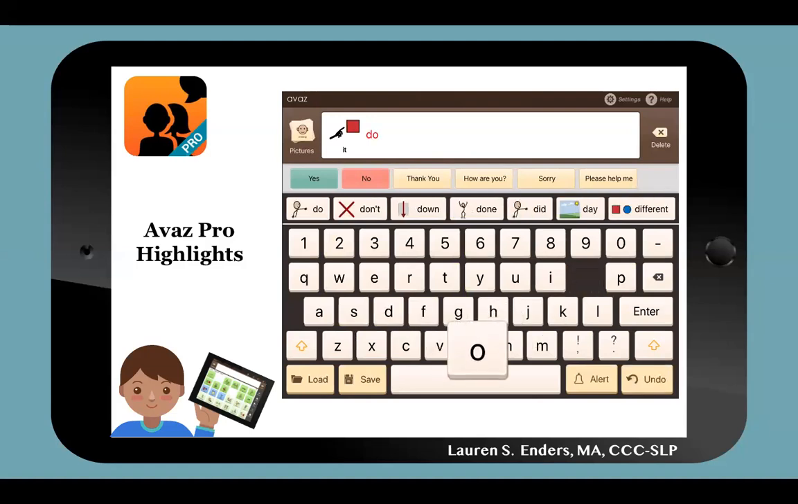And even the letters zoom forward. So that's another unique feature. All right. Okay, so Avaz, again, the theme that you should be seeing is that each of these apps that I've shown so far,